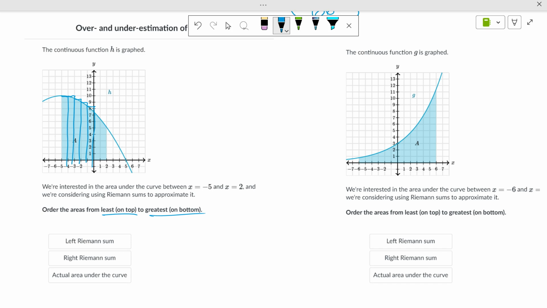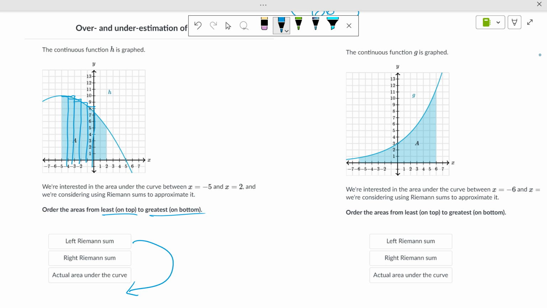Is the left Riemann sum going to give me an overestimate or an underestimate? Overestimate. So the left Riemann sum is going to be the greatest. So that's going to go to the bottom. So the right Riemann sum will give you the least, because that'll be an underestimate,